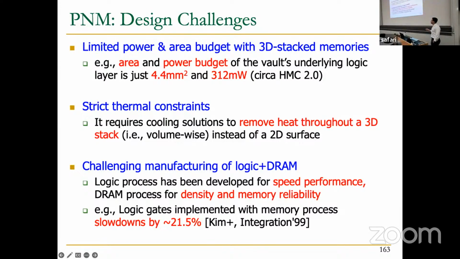There is an oldish paper that does some analysis on that and shows that if you just build some Boolean gates using the DRAM manufacturing process, the clock frequency at which you can clock those gates is going to be lower than doing the same gates with logic. And we are going to see that this affects a lot the clock frequency of the processing-near-memory hardware that manufacturers are putting out today.